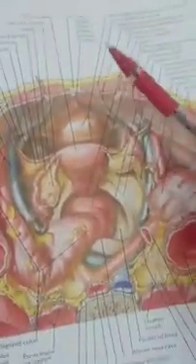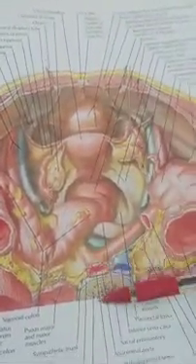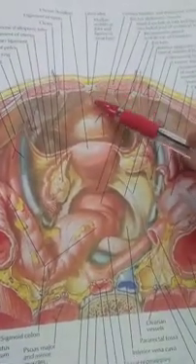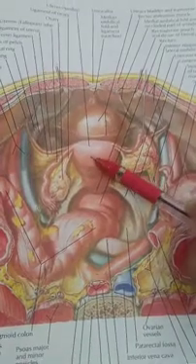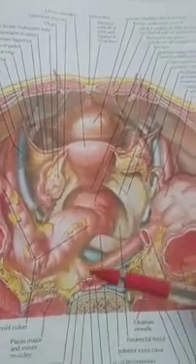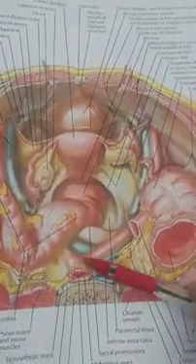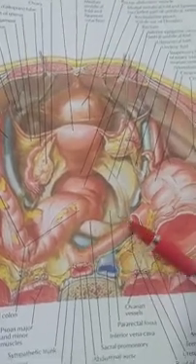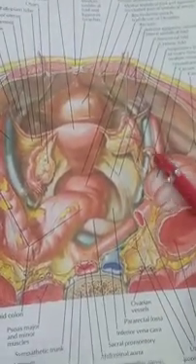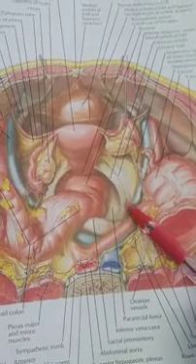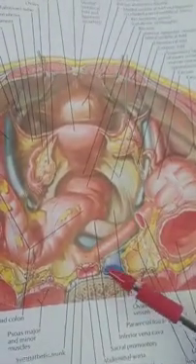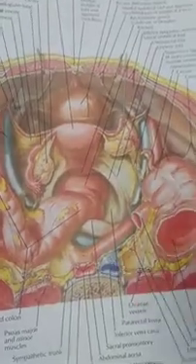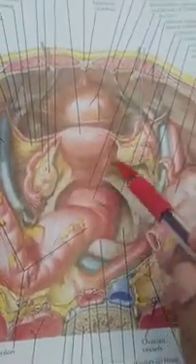So this is the section of the female pelvis. Here we can see this is the anterior, and this part is the posterior. Anteriorly, next to the anterior abdominal wall, we can see the urinary bladder. Here comes the uterus. This is the rectum. Here this is our aorta. It divides into the right and left common iliac. The common iliac again divides into external and internal iliac. The internal iliac will go like this. Then this is the inferior vena cava formation, and here comes our uterus.